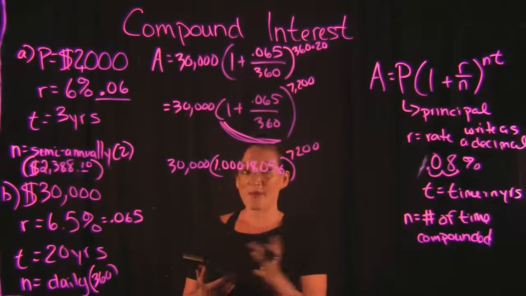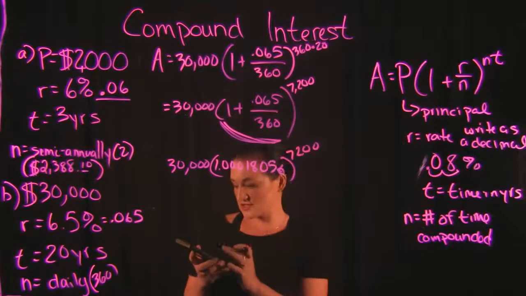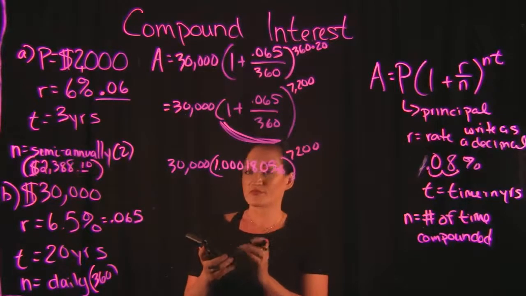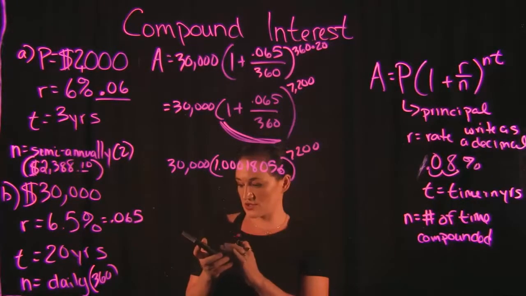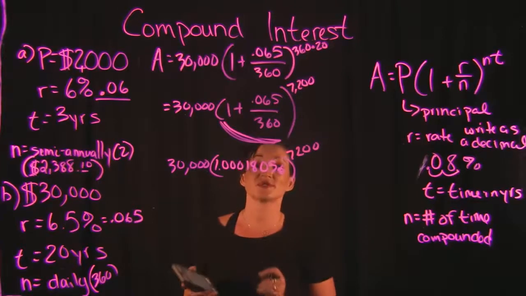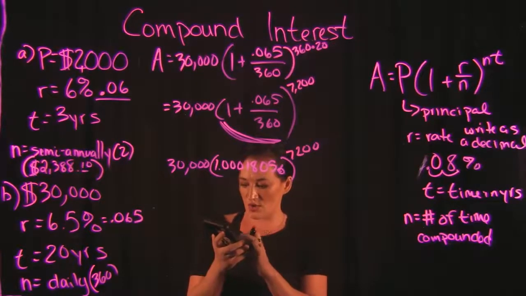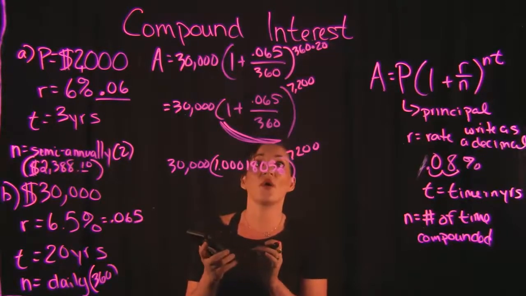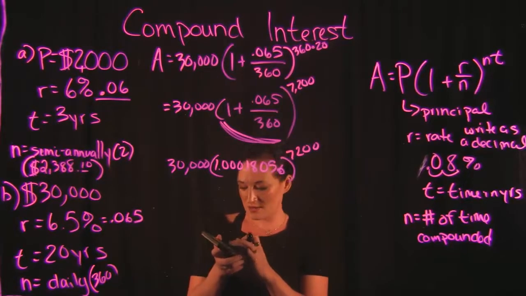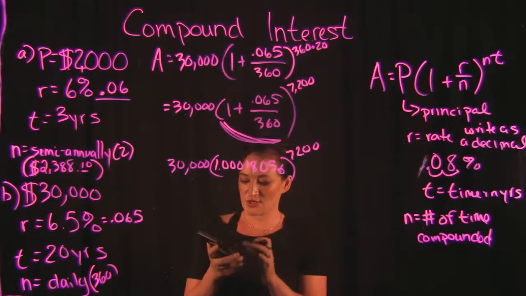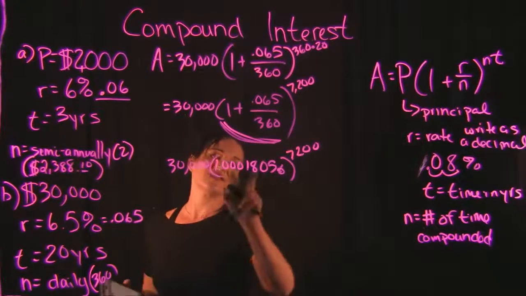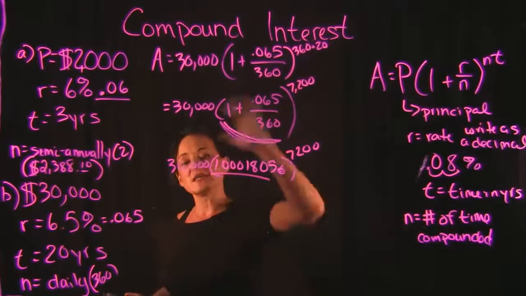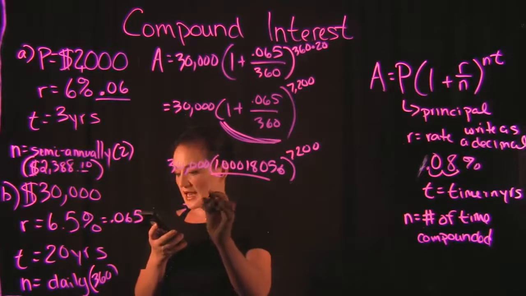Okay, so I'm going to do this all in one line, the rest of this problem here. So let's see, so that's 30,000. Let me make sure I have enough zeros on that. All right, and then we're going to multiply it by that decimal and raise it to that 7,200. Okay, so I'm almost there. So when we do that, this decimal raised to the 7,200 times the 30,000, I am getting